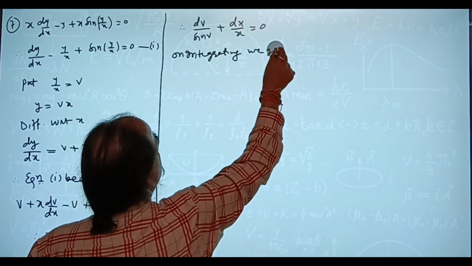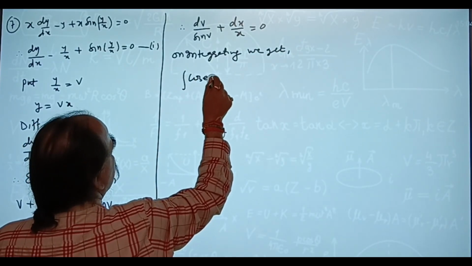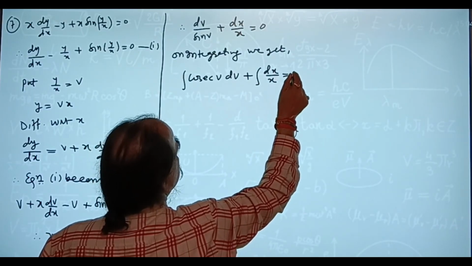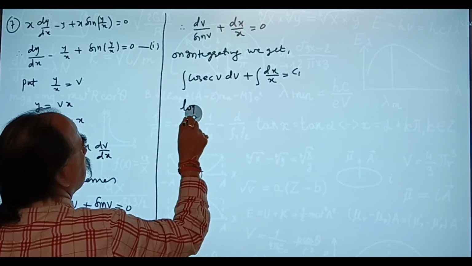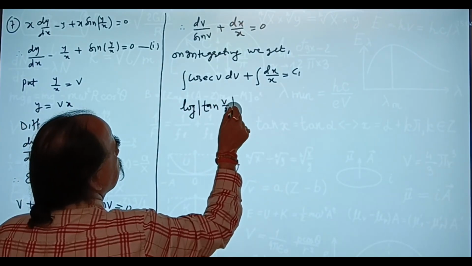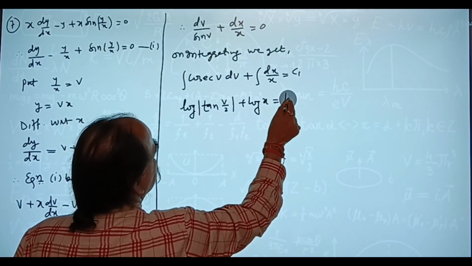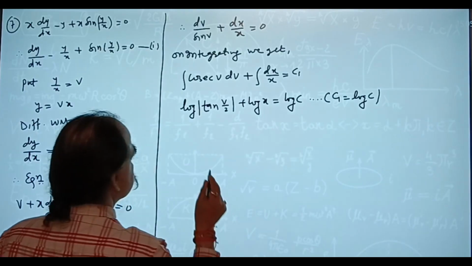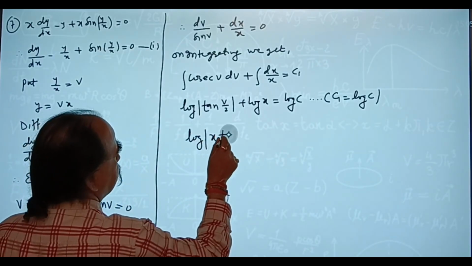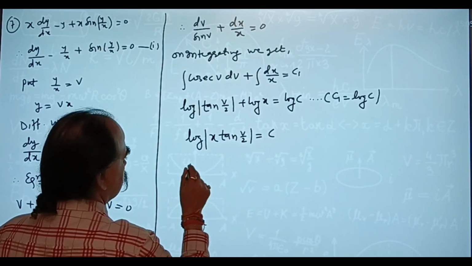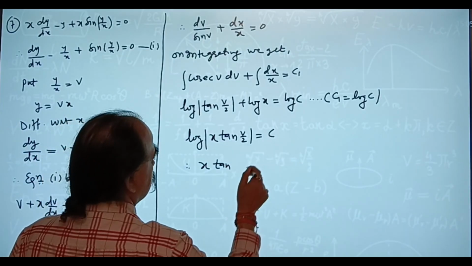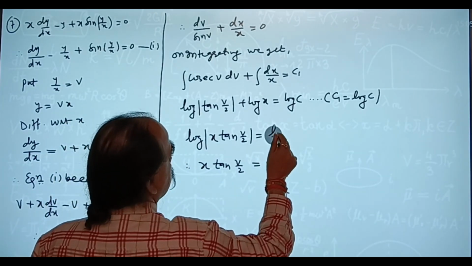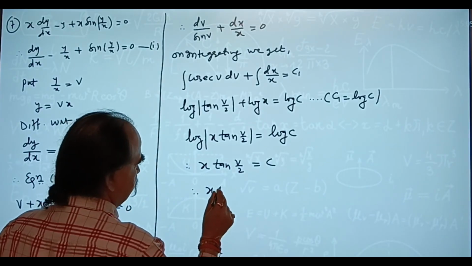On integrating we get integral cosec v dv plus integral dx upon x is equal to c1. log of tan v by 2 plus log x is log c. x tan v by 2